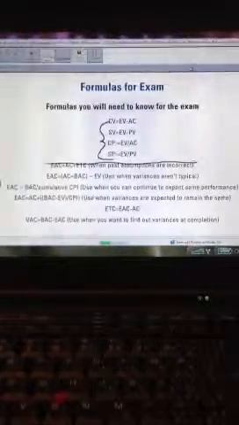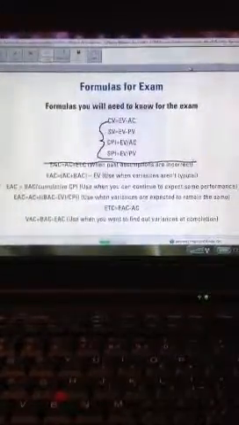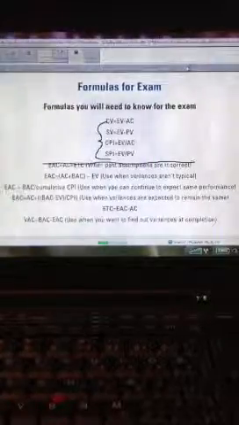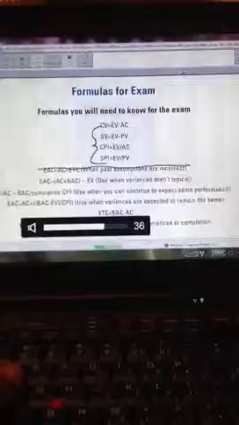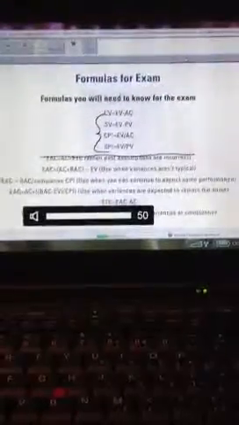So the formula for estimate at completion, the one that I absolutely want you to know for the exam, if you forget all the rest of them, this is the one to know, right, is the budget at completion, which makes sense, the original budget we're comparing, and the current